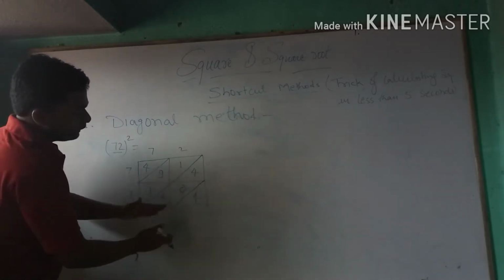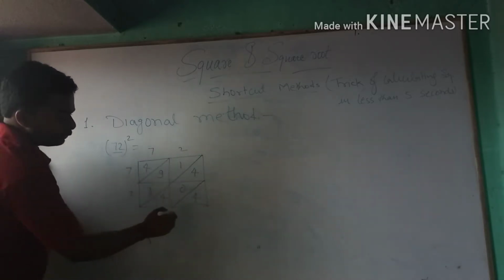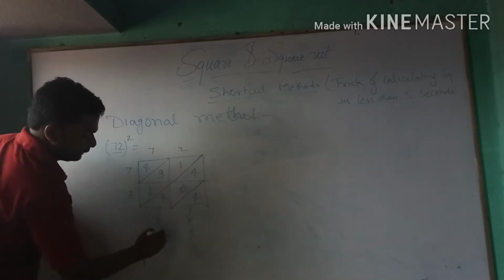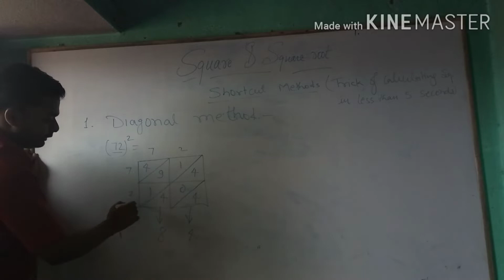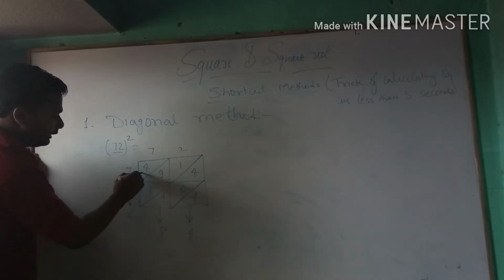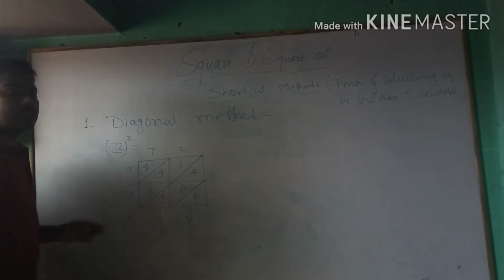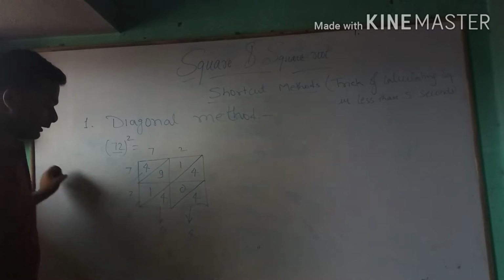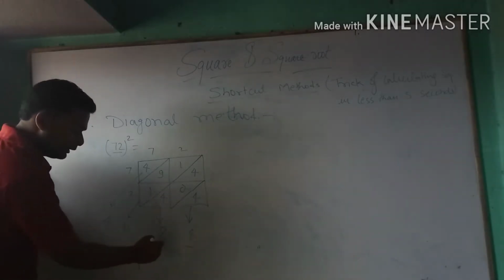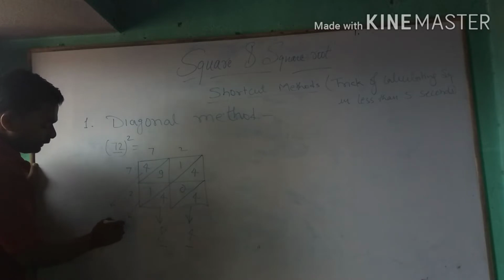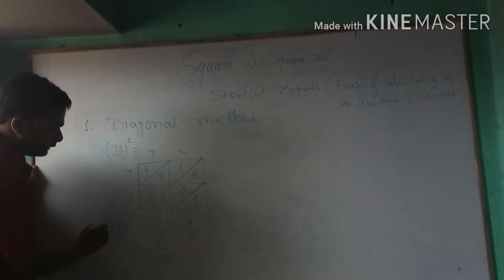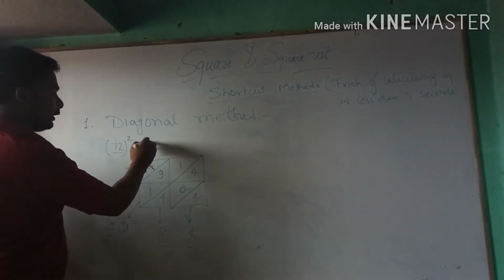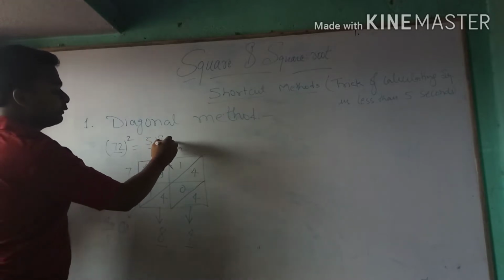Now my dear, you can see that there are single straight lines. So here the sum is 4, here the sum is 8, here the sum is 11, and here the sum is 4. We will consider only the unit place and the rest will be carried to the next part. So here it is 4, it is 8, it is 1. This 1 will be carried to the next place and added, so now it is 5. The final result is 5, 1, 8, 4.